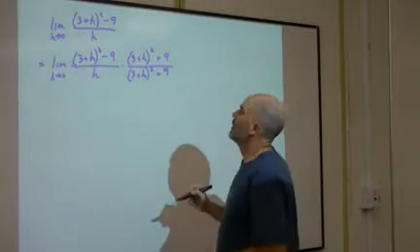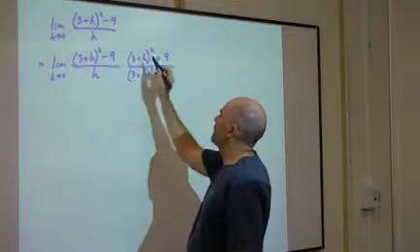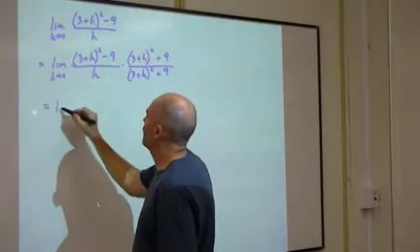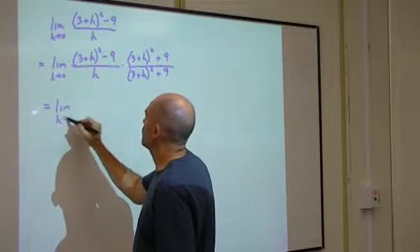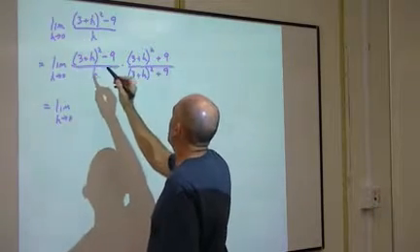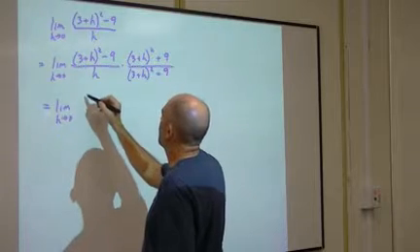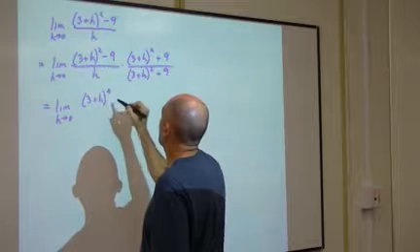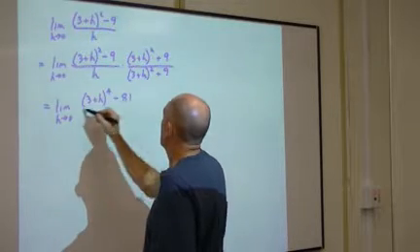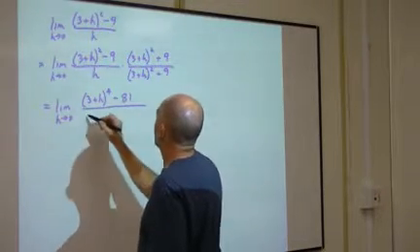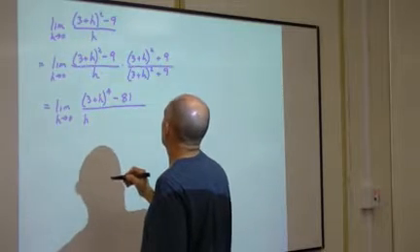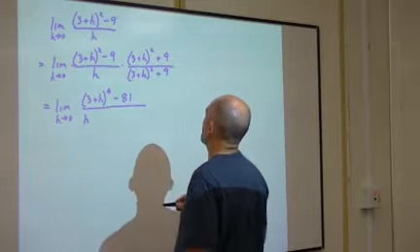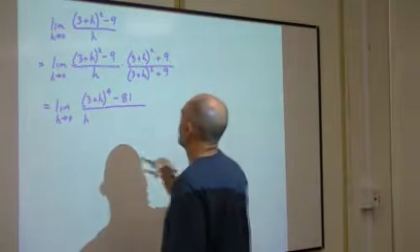So now notice what happens. I've got a minus b times a plus b, so on top I have limit as h approaches 0 of a squared minus b squared, which is (3 plus h) to the 4th minus 81 over h times the quantity (3 plus h) squared plus 9, which is going to be